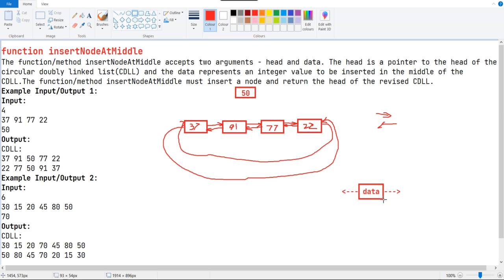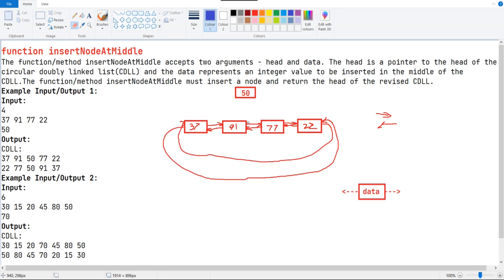Since this new node 50 doesn't have any previous and next connection, we just need to make the connection for it. For that we need to insert the value in between those values, right? So I'm erasing the already defined connection.